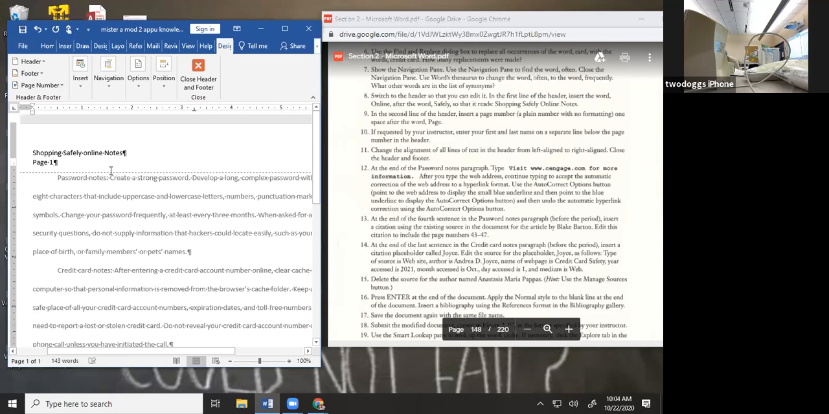And then it says page 3. Okay, so if you just put 2 in, I'm not sure, or if you just put 1 in at the top, I don't know what it would do. Okay, so